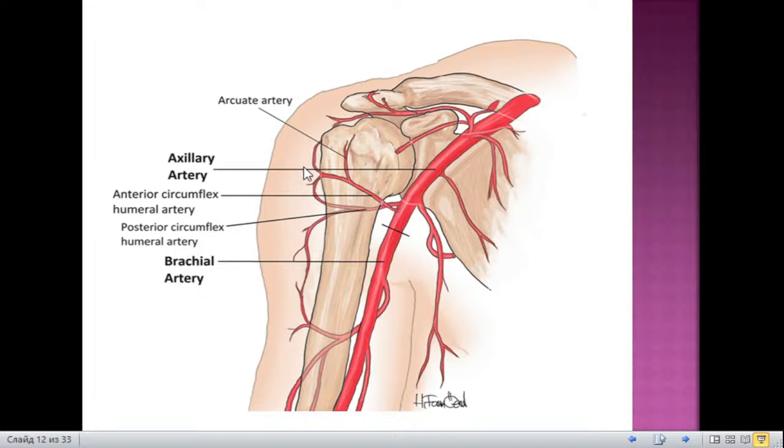Firstly, it is the two circumflex humeral arteries, anterior and posterior. Both of these arteries form an arterial circle around the surgical neck, and this circle of arteries anastomoses with the next blood vessels. So the first of these blood vessels is the acromial branch of the thoracoacromial artery,